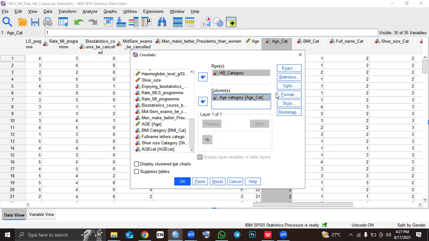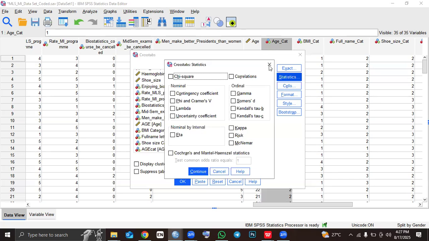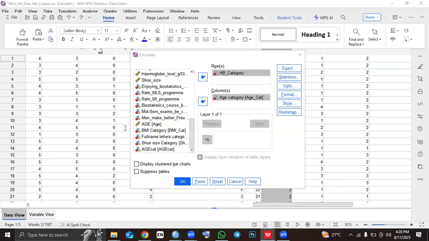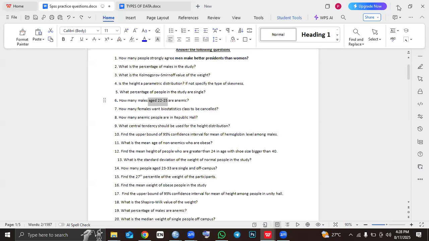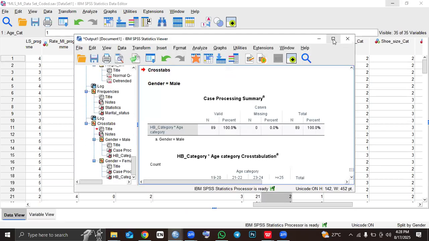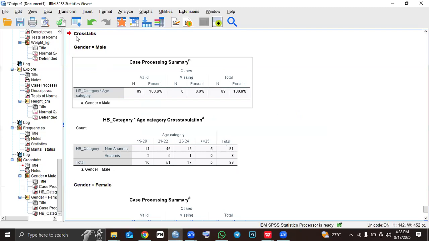Now, once you are done with that, all you have to do, so the question is just asking us for the frequency, so all you have to do is just click OK. So put our HB category here, and then our age category here as well, and then click OK. So you see it has